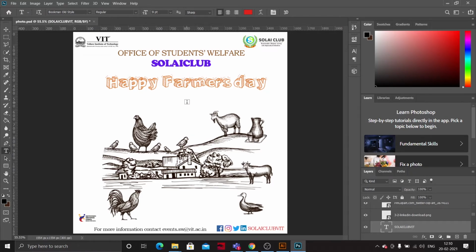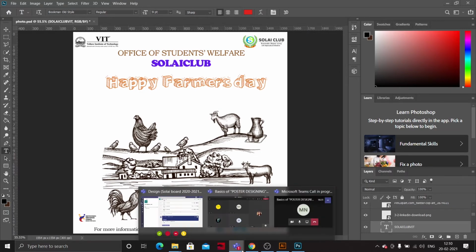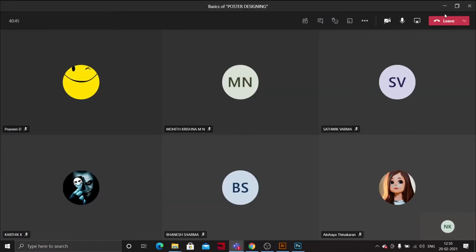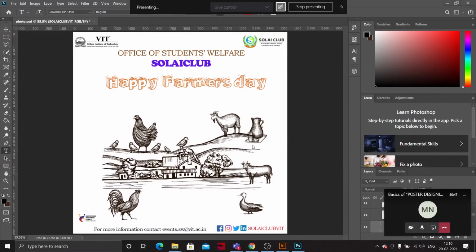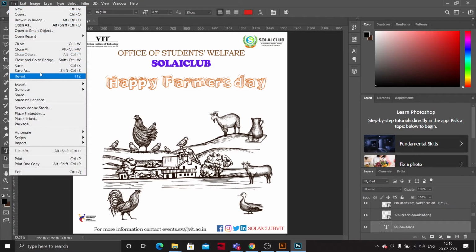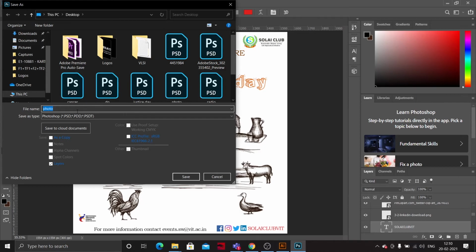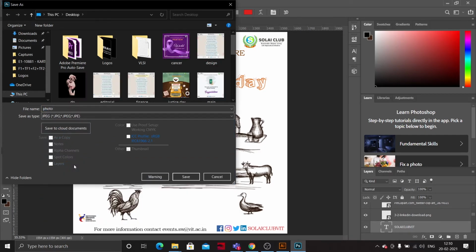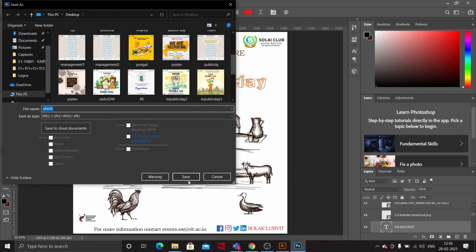Now the main poster is done, which means from your side everything is done. If I assign this work to someone like Chaitanya, or Praveen, he made it and sent this to me. If I want to add something, I'll say after completion of everything, you just go to File, Save As JPEG. Whatever you want, just save that.